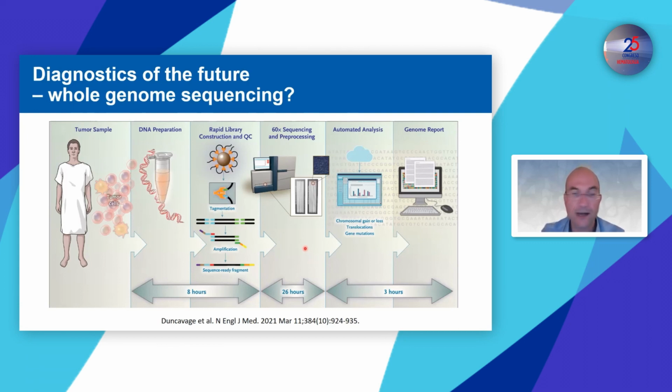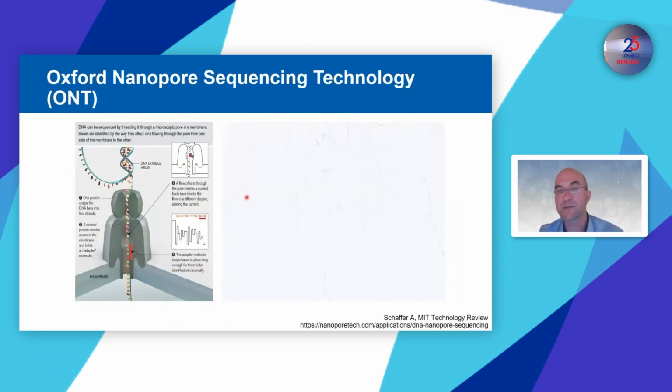But on the other hand, I also think this is the way which we will go. And I think in a couple of years, the sequencing costs will definitely be cheaper, so that we can do this. And in that way, we really will get a comprehensive picture of all of our patients. In our lab, we also try to do this, but we use a different technology. We use Oxford Nanopore sequencing technology, and that also might be interesting for many of you,